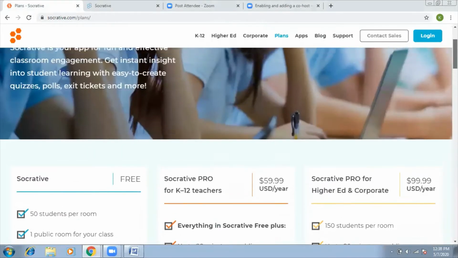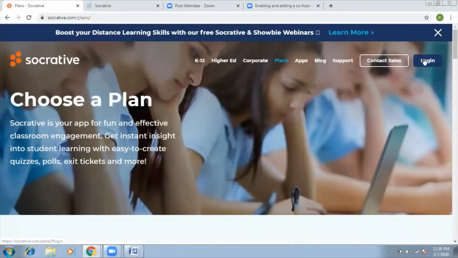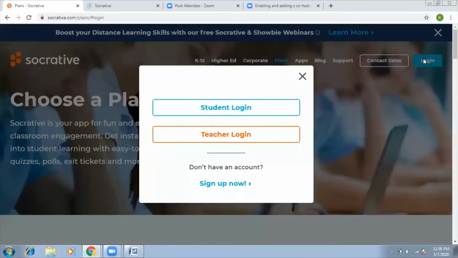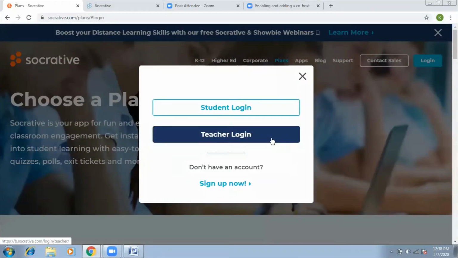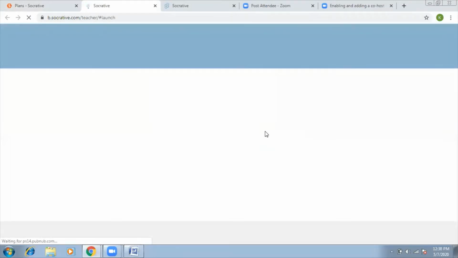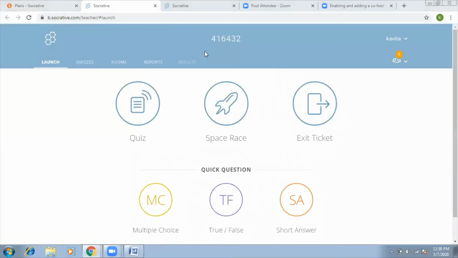Hopefully, many of you must have signed up yesterday. So what you can do is go to the login. As I mentioned yesterday, if it is possible for you, you can join this meeting using your cell phone, and on the laptop, you can do this simultaneously with me. So we will be joining as a teacher login. When you click on teacher login, you have to enter your email ID and password, which you have used yesterday for signing up. See, now this is mine.